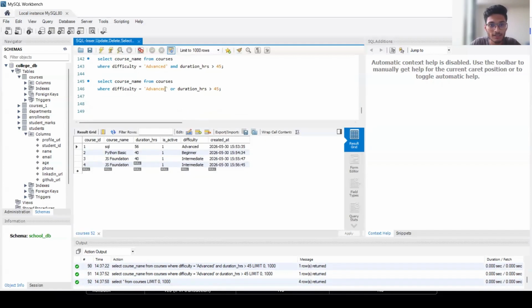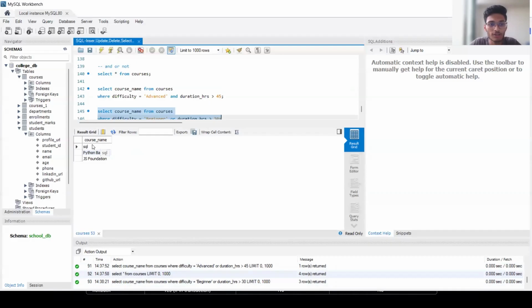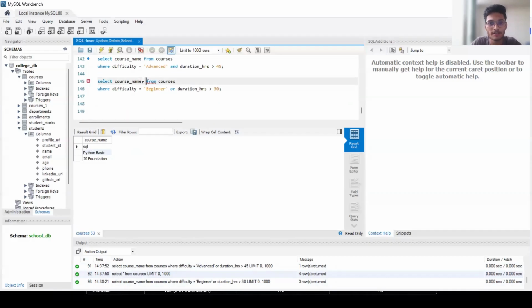Okay. So what I will do is I will just write here difficulty beginner or duration is greater than 45 hours. Let's say duration is greater than 30 hours. Now you can see I have got a course. So for clear understanding, I will display the duration hours also, duration hours, comma, the difficulty also. Now if I run this,